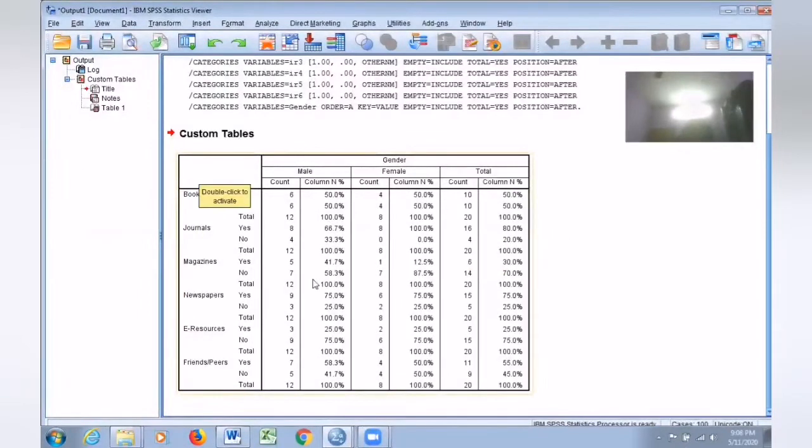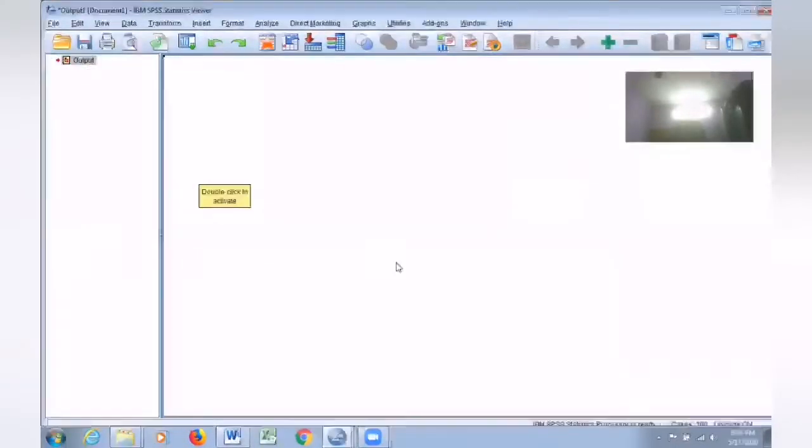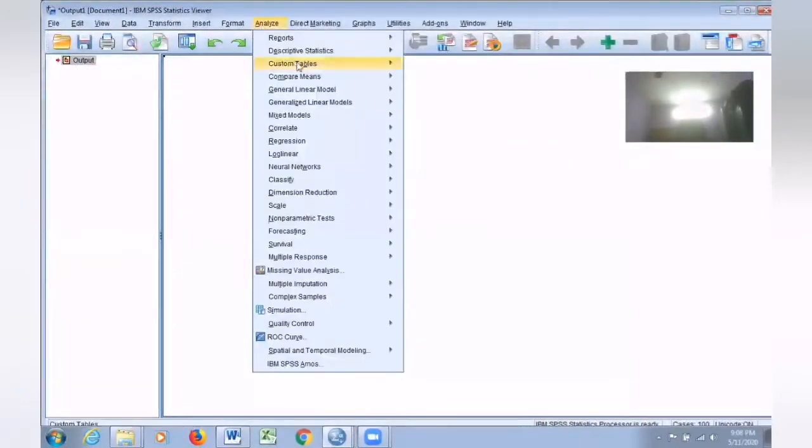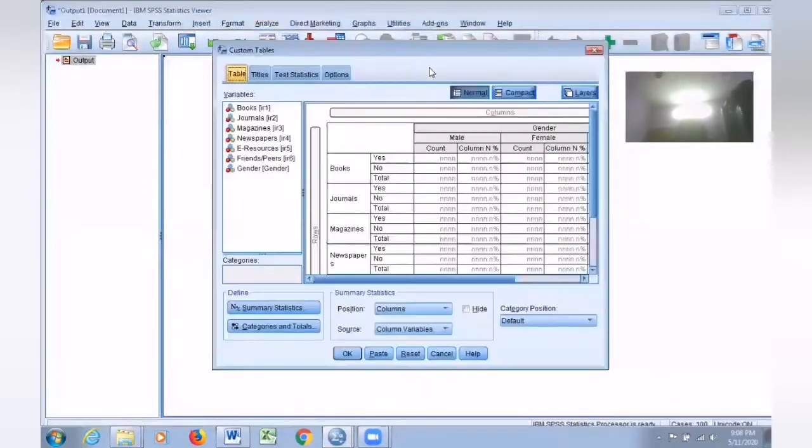And even if you want to conduct some statistical tests like chi-square or independent sample test, you can do that also from here. Fine. So that is also possible in custom table. For example, analyze, custom table, the table is there. For this table, I want to conduct a chi-square. I want to see whether there is an association between the gender of the respondents and whether they prefer books or not, whether they prefer journals or not, to get the required information.